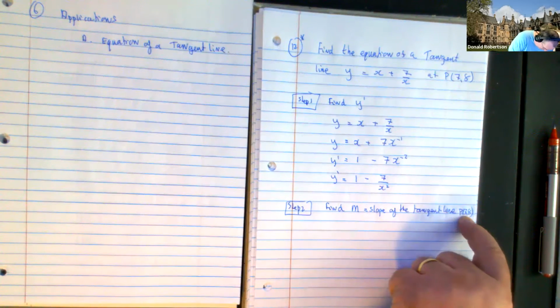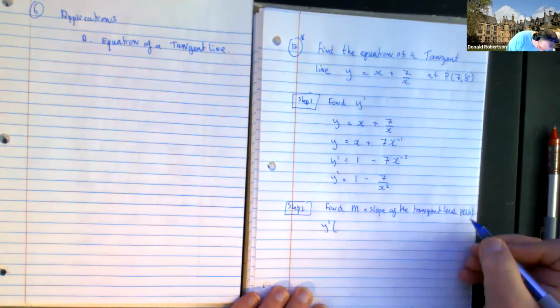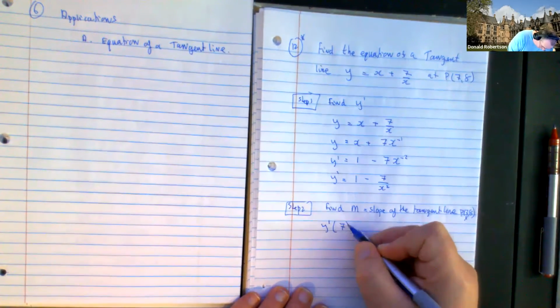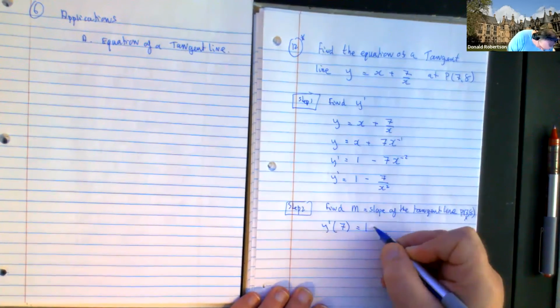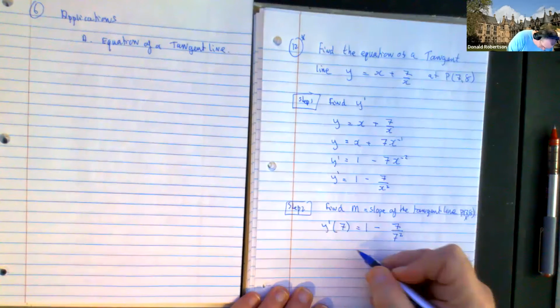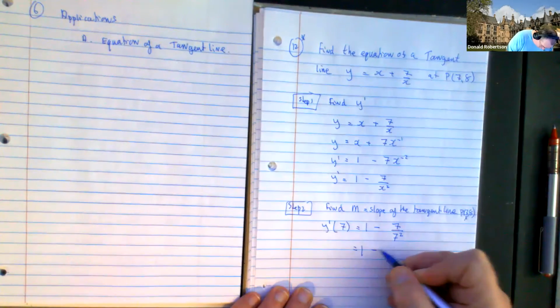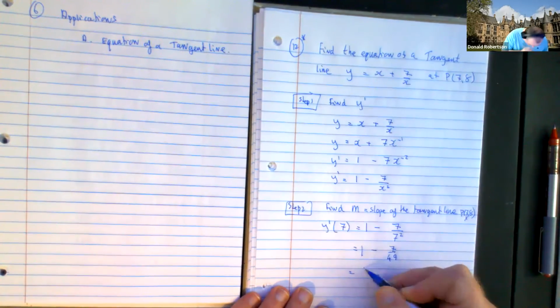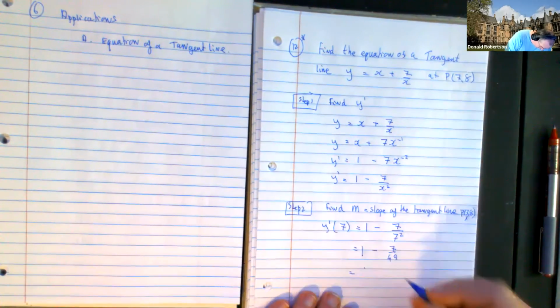Well, that means I'm going to find the derivative when x is 7. And so it's going to be 1 take away 7 over 7 squared, which is 1 take away 7 over 49, which is 42